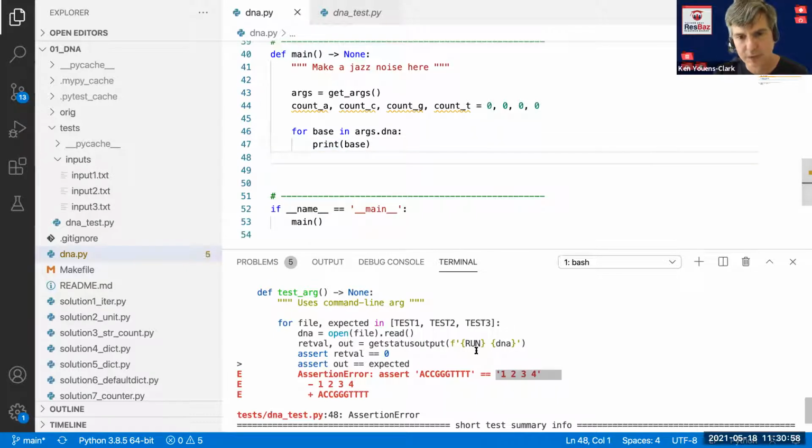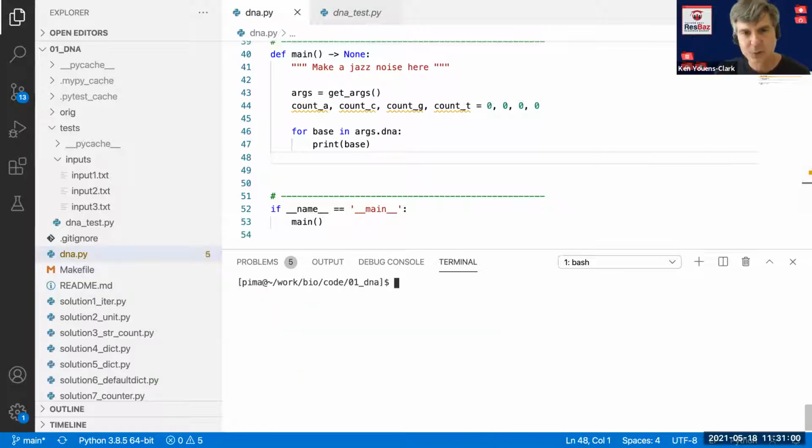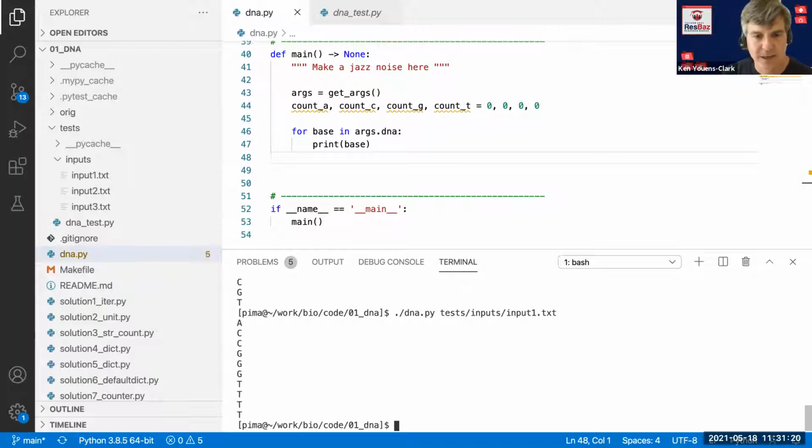So this is how I'm going to iterate over this. There's no point in running the test suite right now, I know this is going to fail. It's not doing the right thing. So instead, I'm just going to run the program with ACGT. And what I verify is that it is printing each of the bases. I can double check that with the tests input, what did I call it? Input 1. And if I use it with an input file, it doesn't matter. It's reading the DNA from 2 different sources and it's iterating over it. So are there any questions so far?